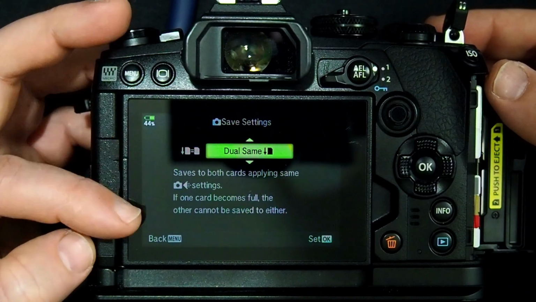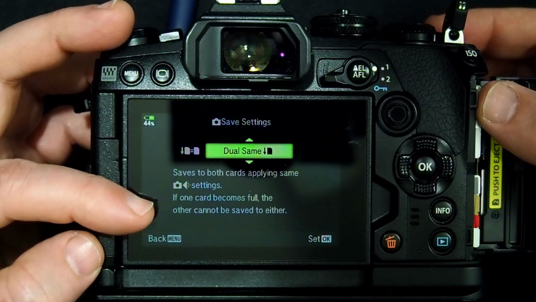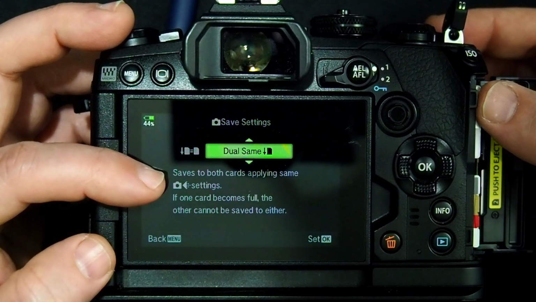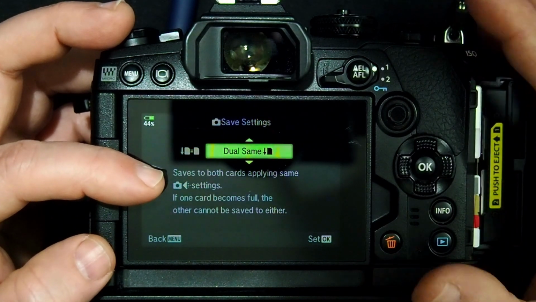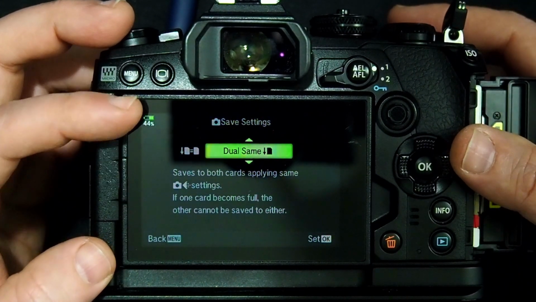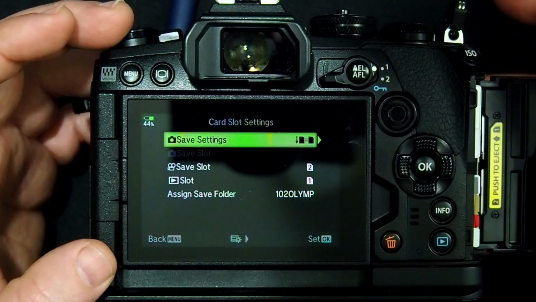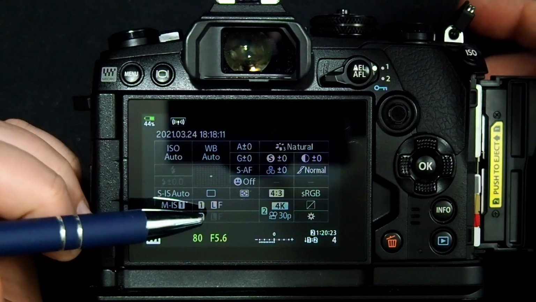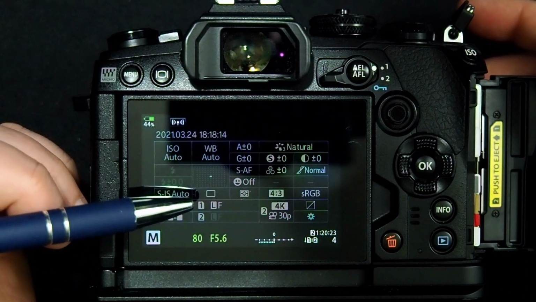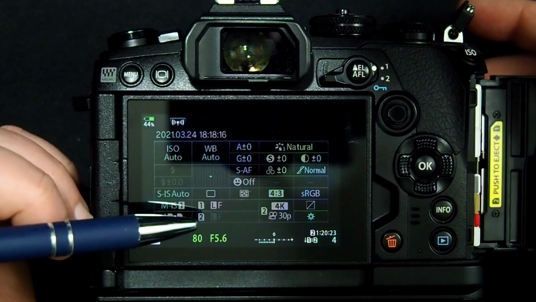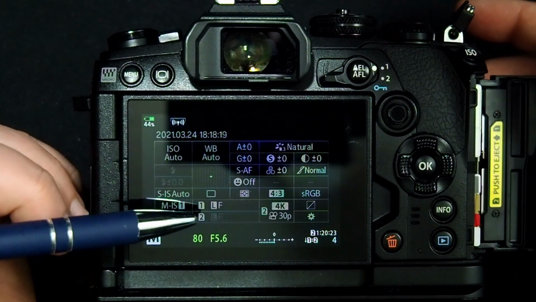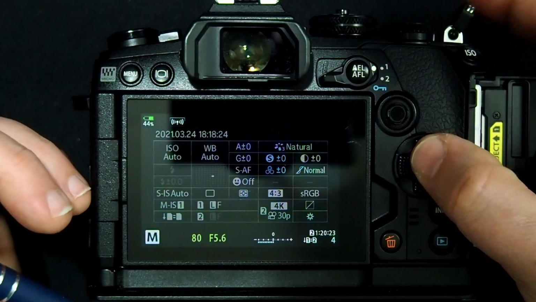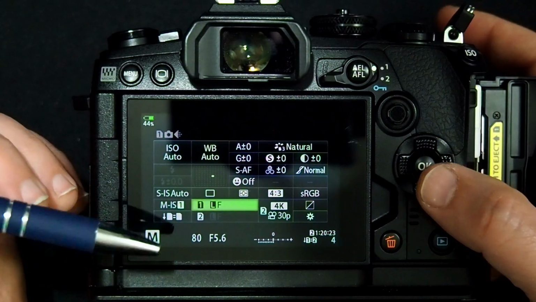So we know that the down arrow means that if one card becomes full, the other cannot be saved to. But dual same says it saves to both cards applying the same settings. So now we no longer have respective settings for each card. I'm going to click OK to set that. Now if we look at the Super Control Panel, you'll see that card slot 1 is set for large fine JPEG. Card slot 2, it may be hard to see, but it also says large fine JPEG, but it's grayed out. So if I try to go in here and change it,